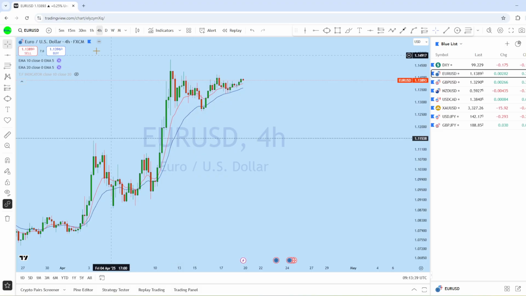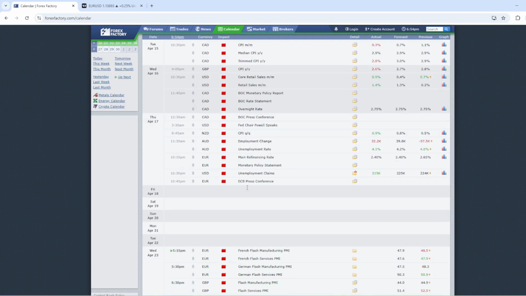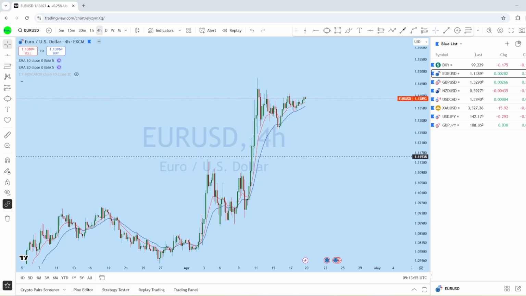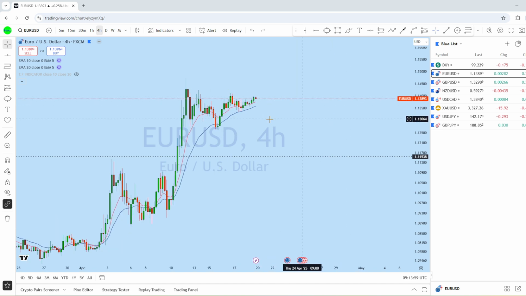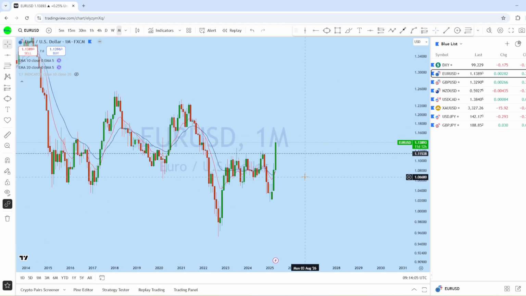Now as euro dollar is a mirror of DXY, and this week if we look at the calendar on euro dollar, we can see a pretty busy week coming up on euro, starting with the euro news on Wednesday, which is very high impact news on euro. So we may see a little sideways movement in the beginning of the week. So let's see that bigger picture, how the market might be playing out here.